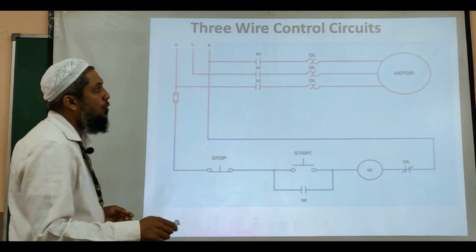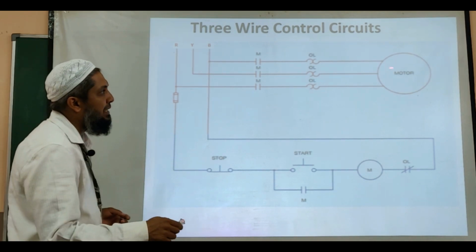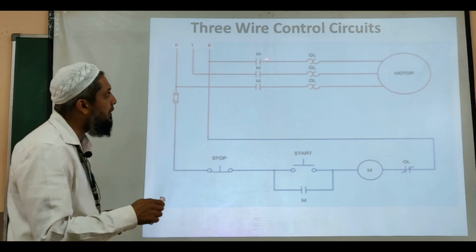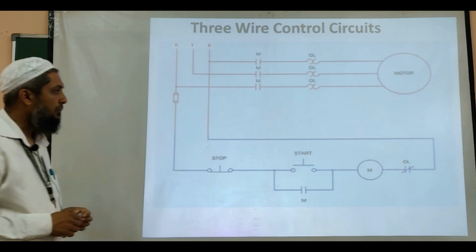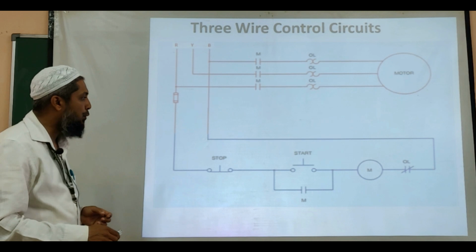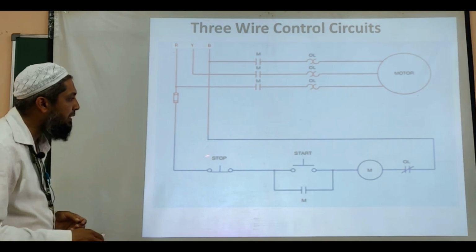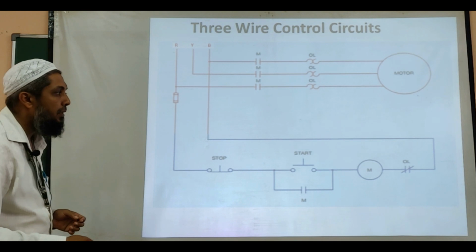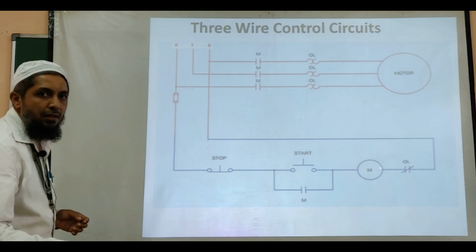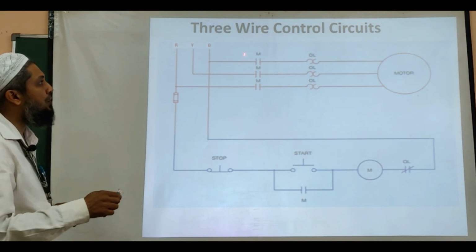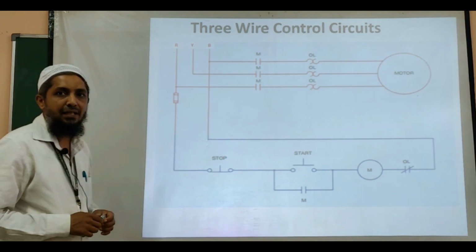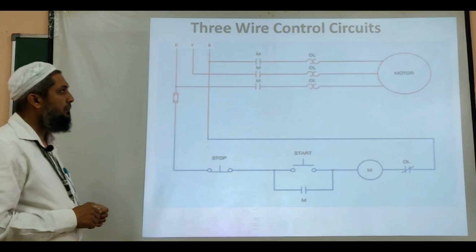Hence, the supply to the motor is maintained through these main contacts of the starter. To stop the motor, you have to actuate this NC contact. Once the NC contact is actuated, the supply to the coil is removed and these contactors are opened and supply to the motor is disconnected.